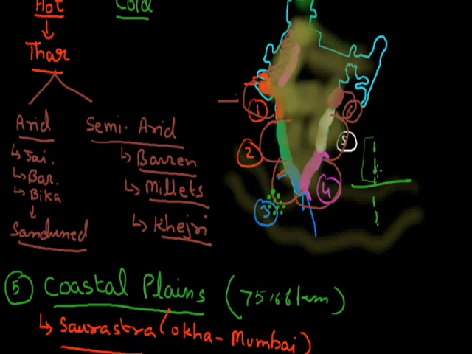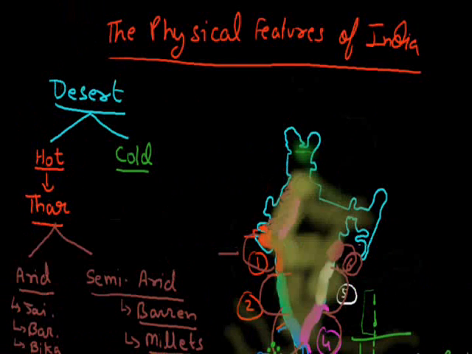Port Blair is located in the Andaman Island group, while the southern one is called the Car Nicobar Islands, and the southernmost point of India, that is this one, the Indira Point, is located in the south of Car Nicobar Island, which is 6°45' north latitude. So this is how in this chapter, physical features of India, we see the whole physical features